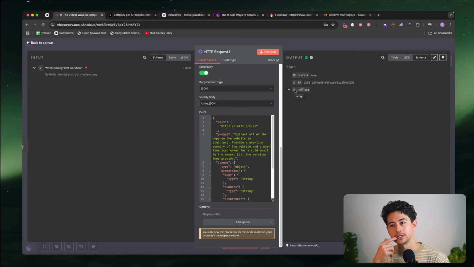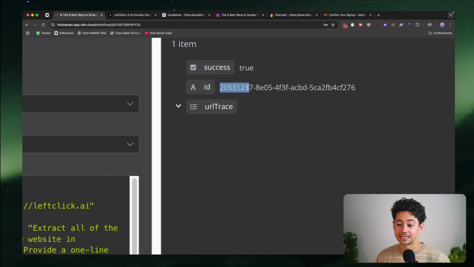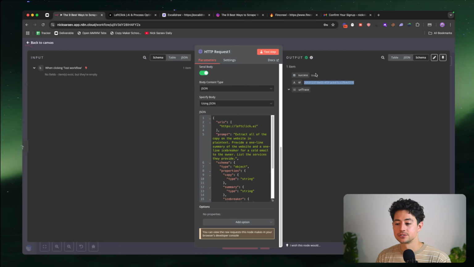If you think about this logically, we don't get all the data that we send immediately because we need Firecrawl to whip up the scraper and do things to the data. We could be feeding in 50 URLs here, right? So instead of having the data available immediately, we need to wait a little while until it's done, and then we need to ping it. The reason they've given us this ID parameter is so that we can do the pinging. The way you do this is you send a second HTTP request